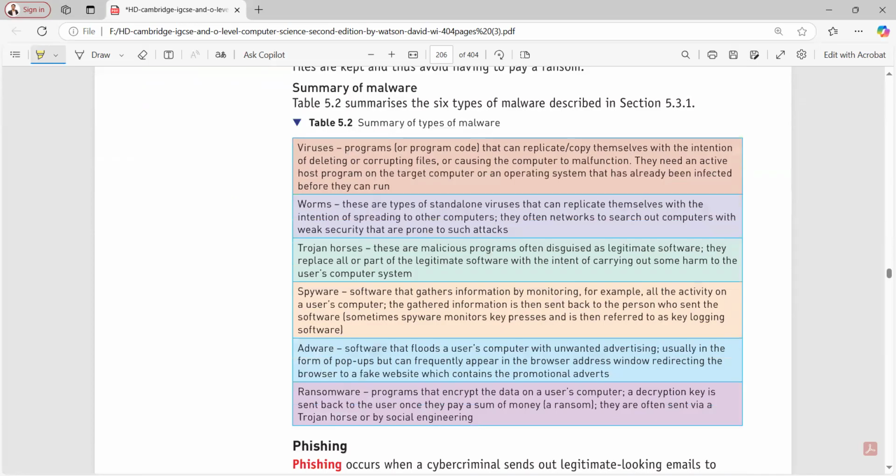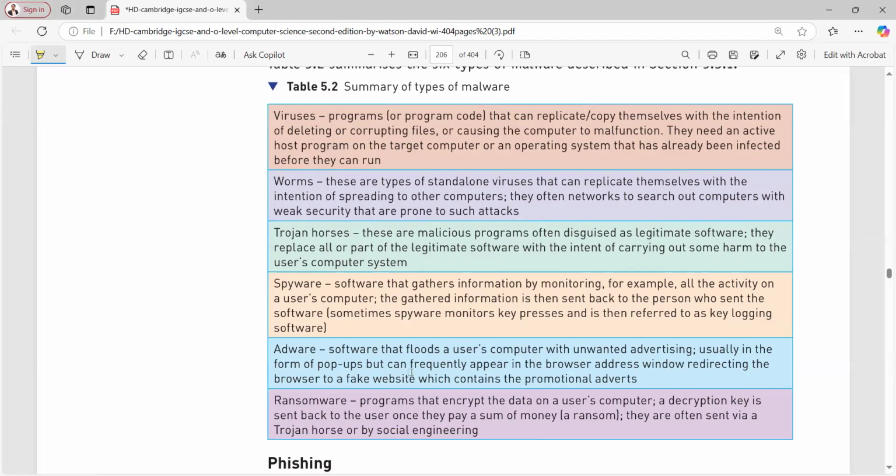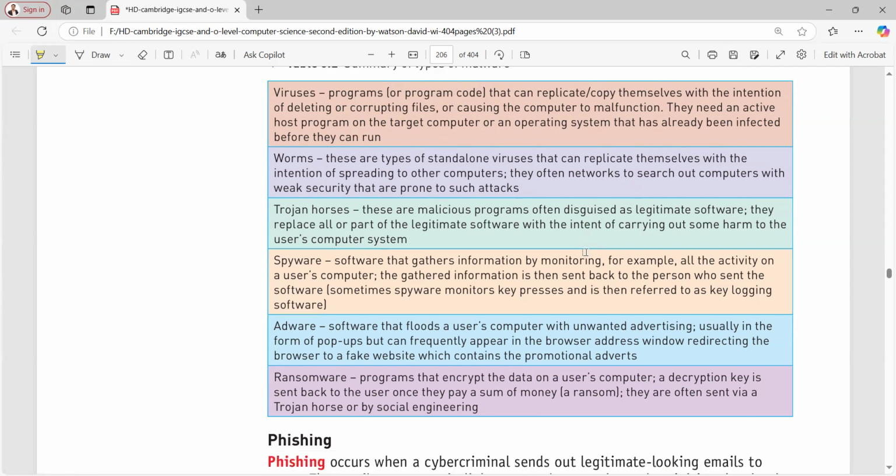Can you please go through them and notify me if you are clear with each and everything? Any confusion? No, sir.